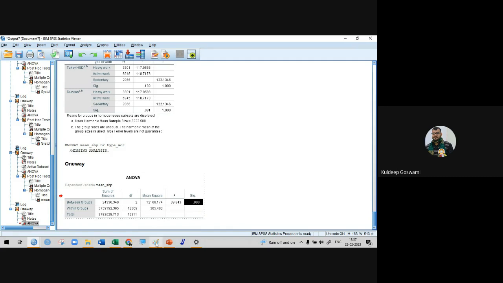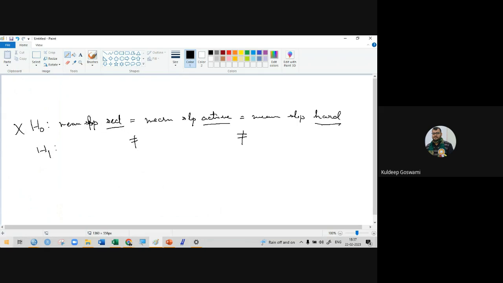Means, if we see from the hypothesis, mean SBP of sedentary is not equal to mean SBP of active, which is not equal to mean SBP of